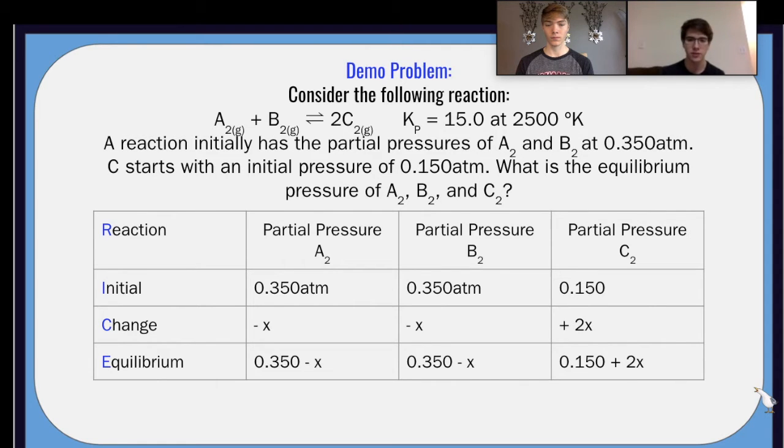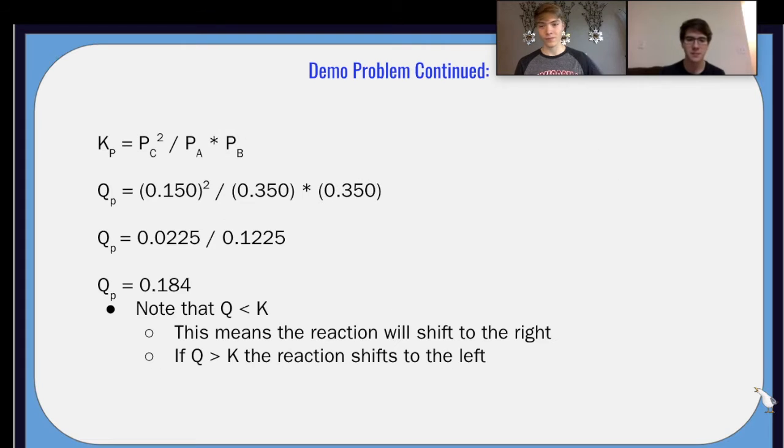Well, if we go to the next slide, we need to find the reaction quotient using the equilibrium equation from this reaction, and that equilibrium equation would be the products over the reactants. So we would have diatomic C divided by diatomic A times diatomic B. And as you'll see, the pressure of C is raised to the second power, and that's because of its stoichiometric